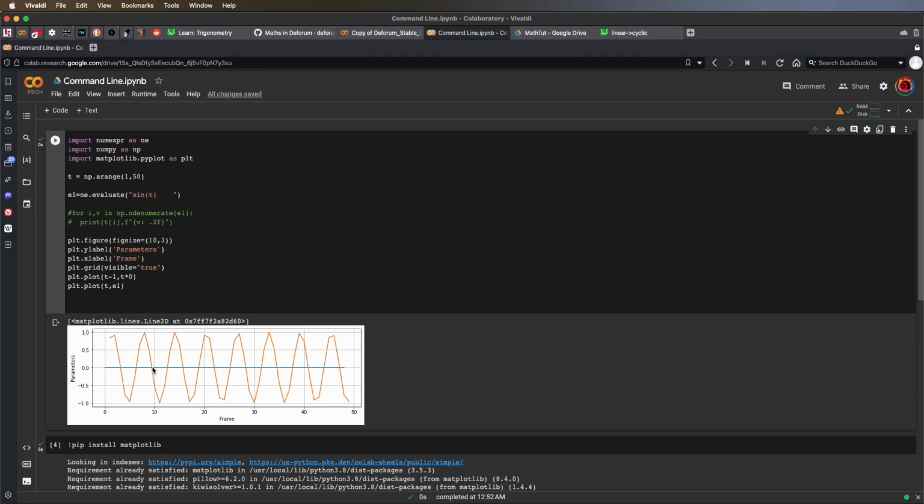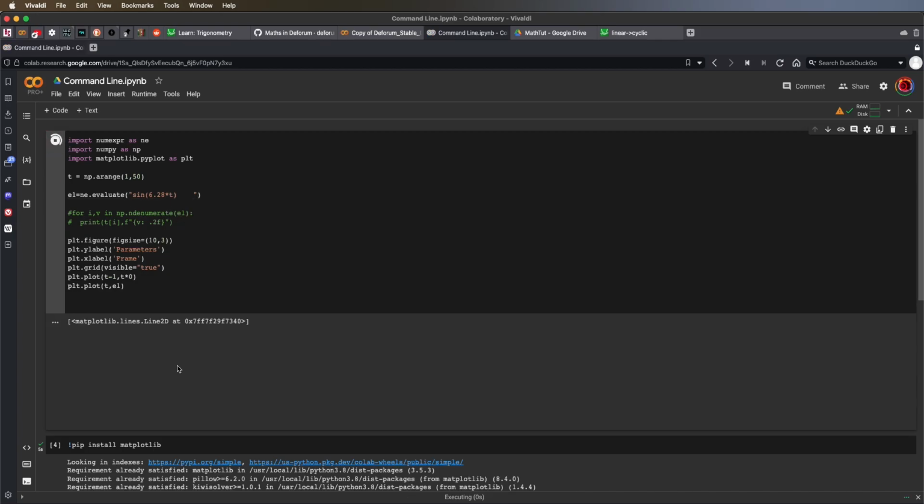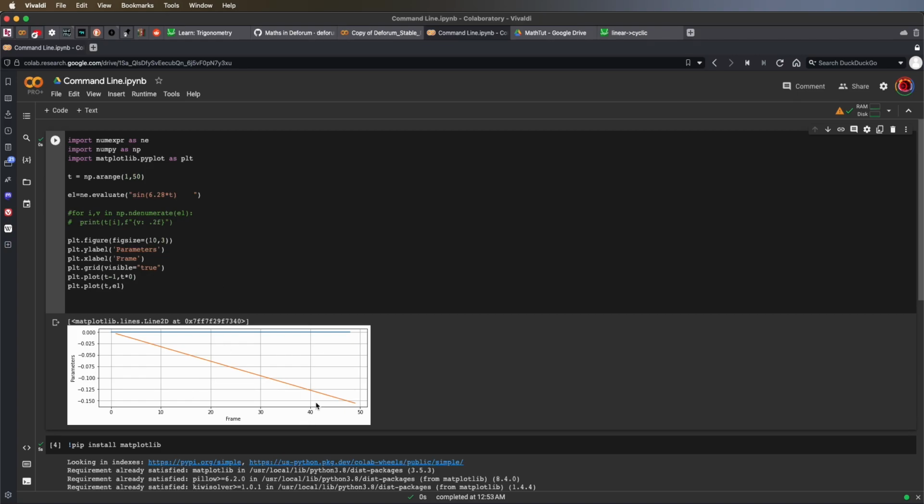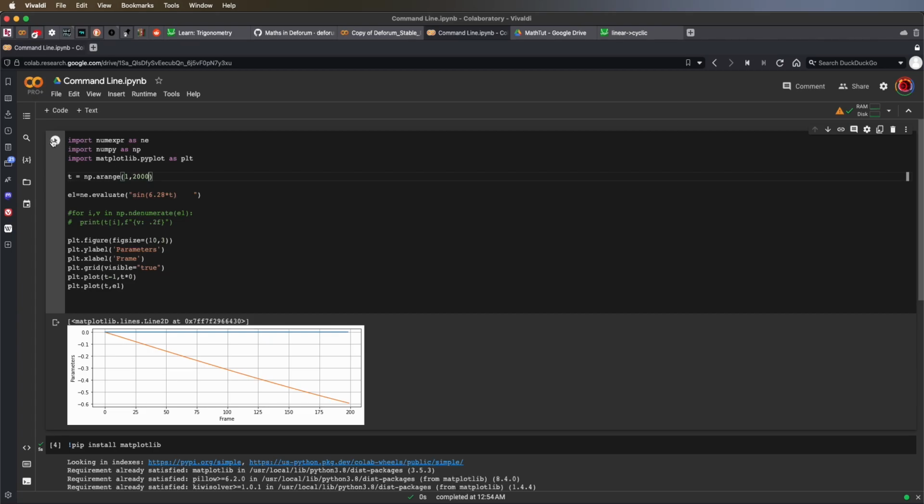So that's why we just multiply t by 2 pi. 6.28 times t, and now we're going to get, let's look at this over more frames. Look at it over 2,000 frames. So now I'm getting my entire movement here over 2,000 frames, which is a much nicer number to deal with,